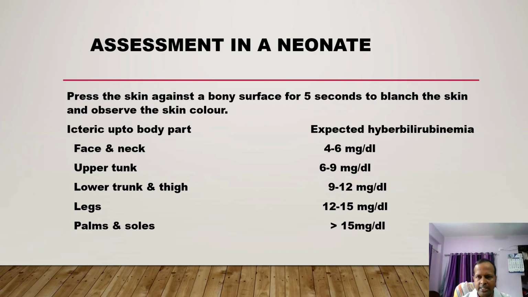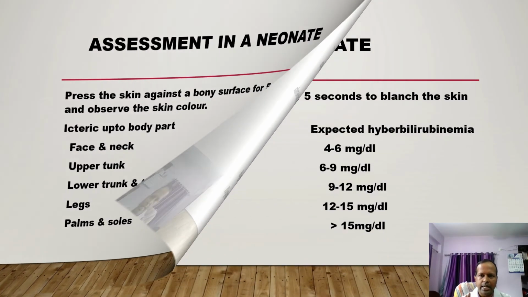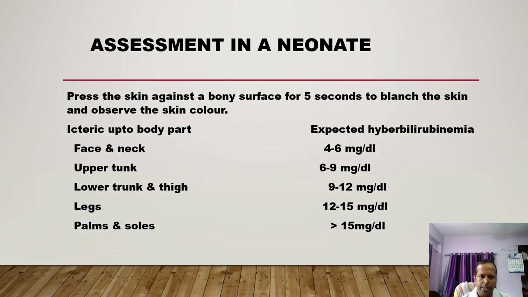And if the icterus is visible even in palms and soles, then it is more than 15 milligram per dl. In any case, if icterus is manifested in a neonate in palms and soles, it is a clear-cut indication to admit the child in ICU